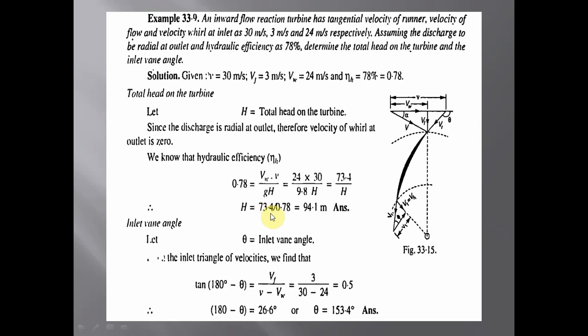Therefore H is equal to 73.4 divided by 0.7, and that is 94.1 meters. Inlet vane angle theta: from the inlet velocity triangle we find that tan(180 minus theta) is equal to V_f divided by (V minus V_w), that is 3 divided by (30 minus 20), that is 0.5. So 180 minus theta is equal to 26.6, or theta is equal to